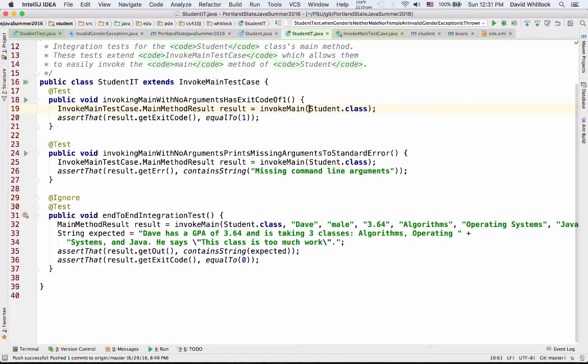invokeMain takes a couple of arguments. The first one is a Java Class object, which you can learn all about in the reflection lecture, which is like week 4, week 5 or something. Basically, it is an object that represents a class. So the first argument to invokeMain is the class whose main method you want to invoke. And then the subsequent arguments, because it's varargs, are the arguments that you send to the